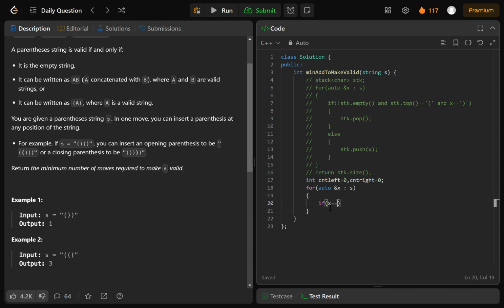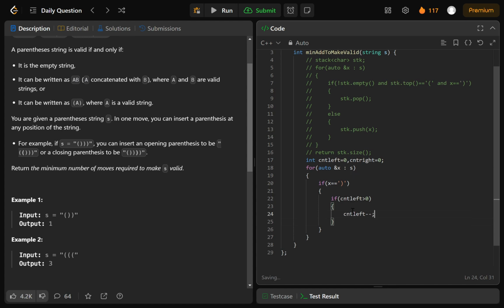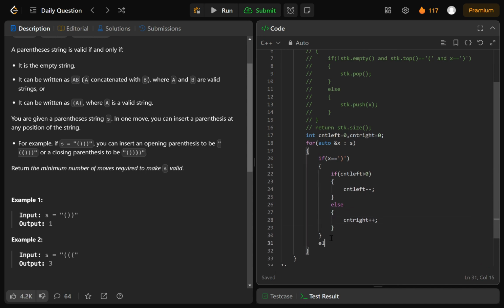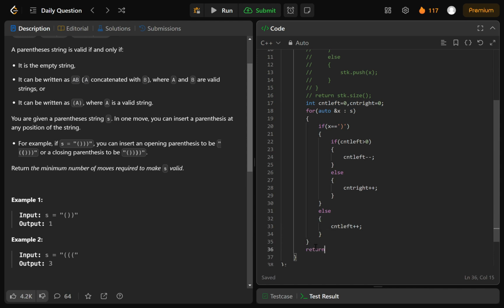Okay, so if current element is closing bracket, and the first case, if we have an opening bracket for that, so if count left is greater than 0, then we have an opening bracket on the left side, so these will be cancelled out, so we'll decrement the counter of left and won't make any changes to the counter of right. And in the else case, as this is a closing bracket, we have to increment the counter for right, so count right plus plus. Okay, in the else case, if we found an opening bracket, then we can't decrement anything, so we will simply increment the counter for the left side. Okay, so count left plus plus, and finally we will simply return the sum of both, so return count left plus